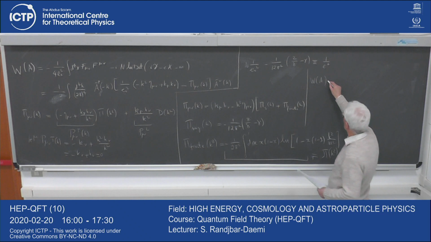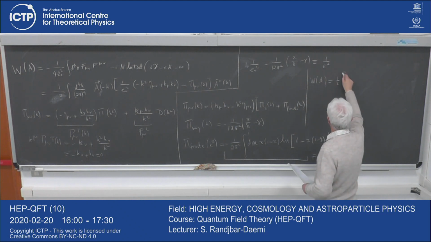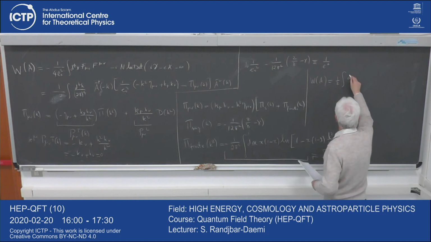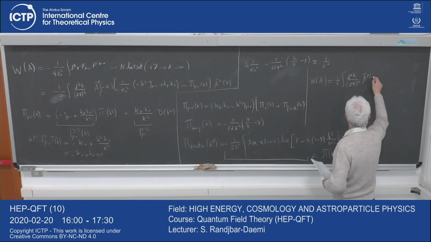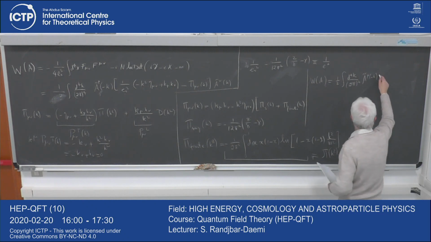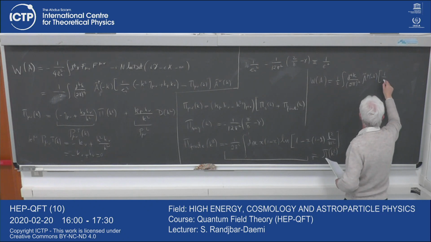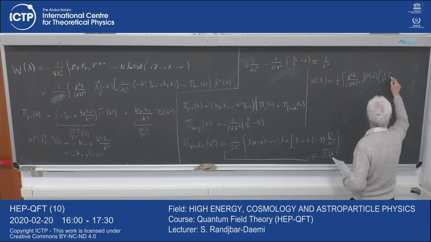And W is written as the integral d4k over (2 pi)^4 with A mu of minus k. So that's 1 over e squared times,